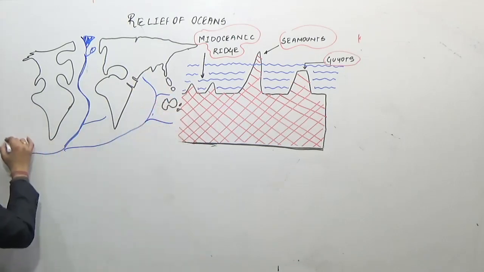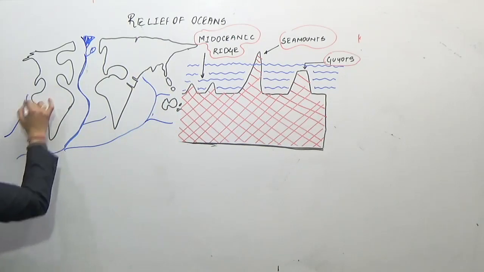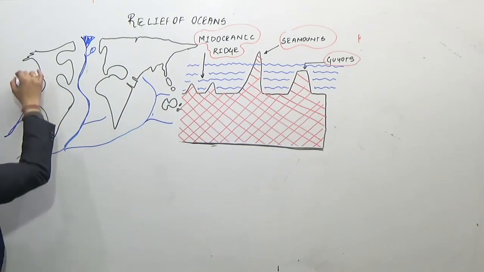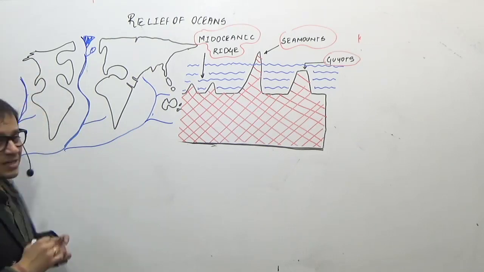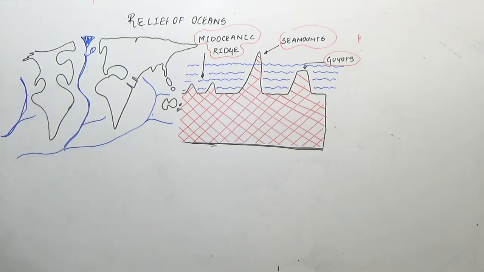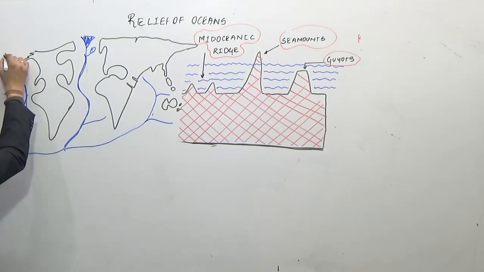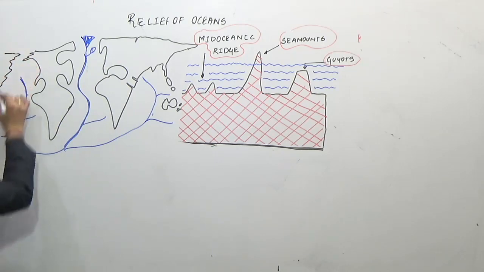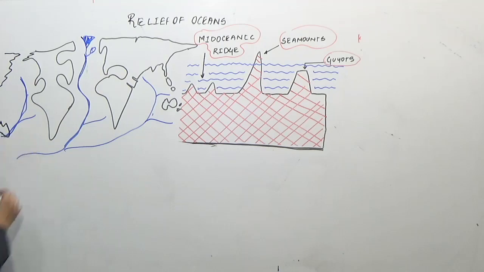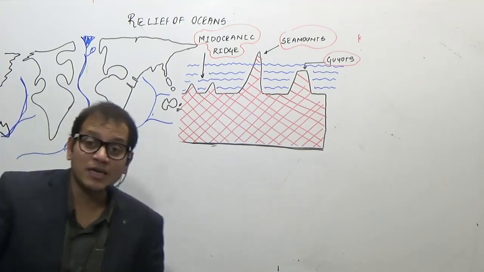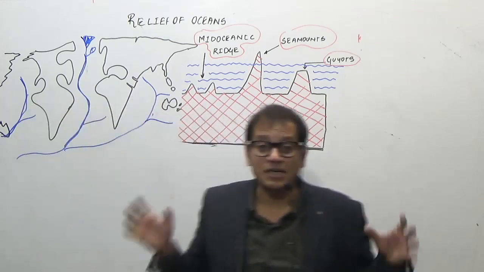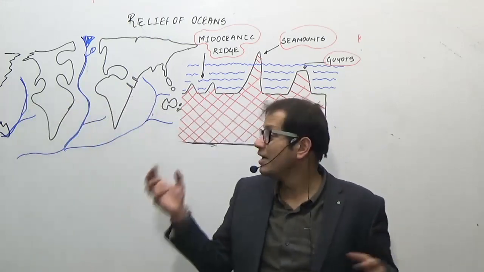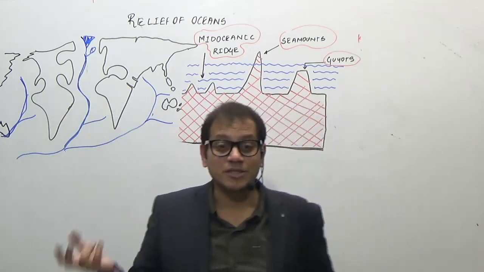And its continuation here. And remember, this is all continuous, it only looks broken because of the limitation of the board. Here there is Asia, here there is Australia. So it goes behind Australia, comes near South America. So this blue line is nothing but a mid-oceanic ridge. You can say it runs for 75,000 kilometers. This is the longest mountain system on the surface of the earth.